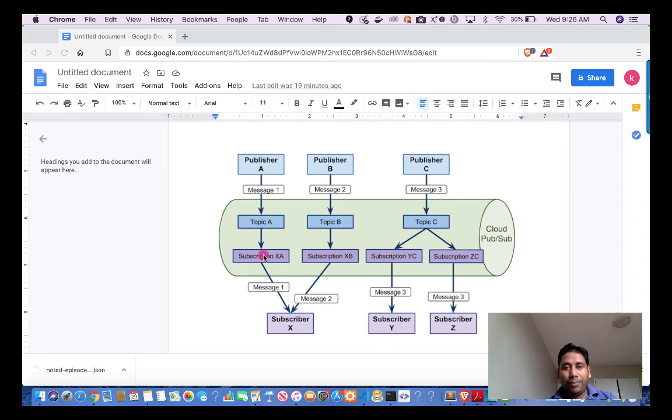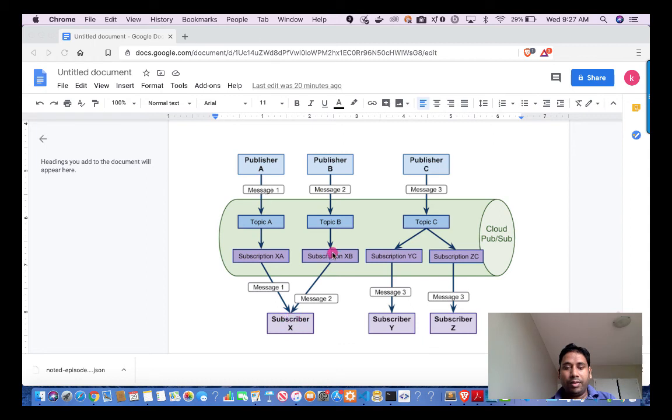You have a publisher application, and a message is published to topic A. From that topic A it comes to subscription XA, and publisher B is also publishing a message to topic B, and that has a subscription XB. But this subscriber X is subscribing to both, so it will be getting messages posted to topic A and topic B both.